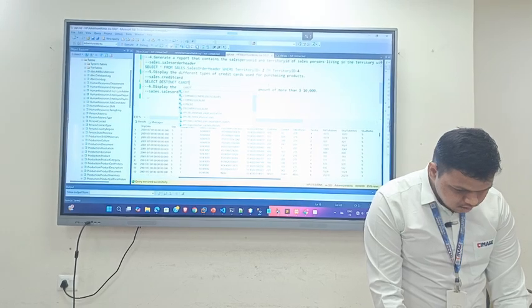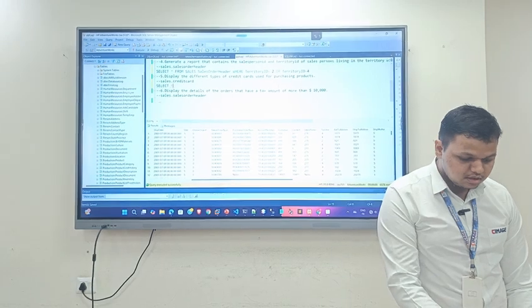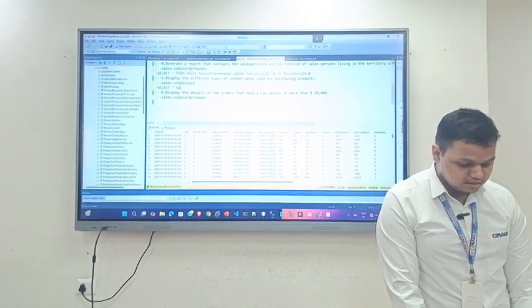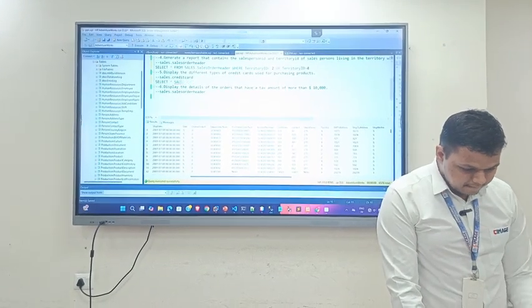Firstly, we will be displaying all the records from the database table named credit card. Select star from.